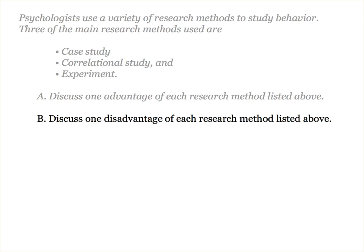Now let's look at Part B. It's very similar to Part A, except now you're tasked with discussing a disadvantage to each of the 3 research methods. Let's go through the same quick pre-writing process. Well, for the case study, you might note that one disadvantage is that its results can't be generalized